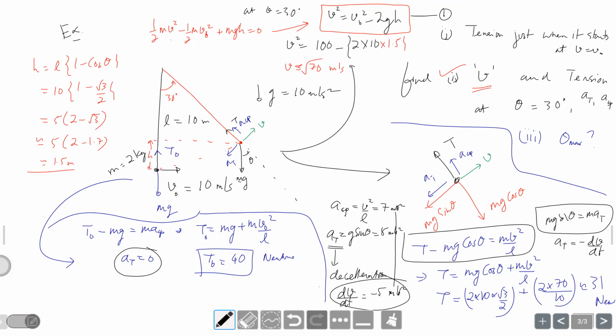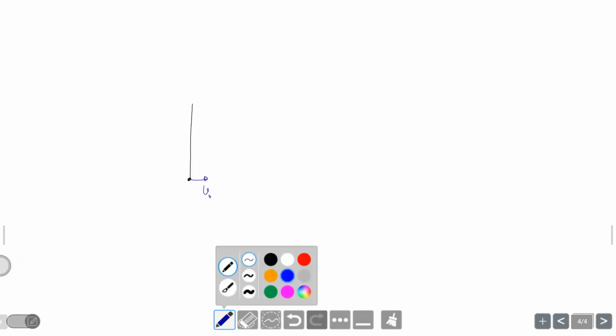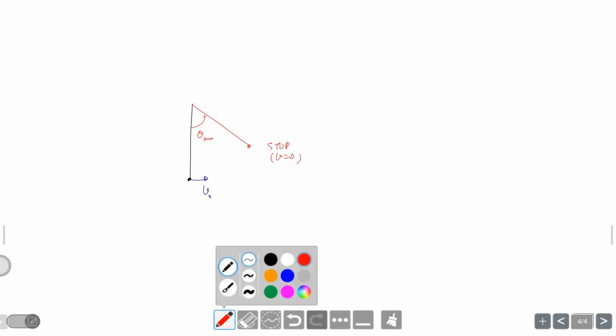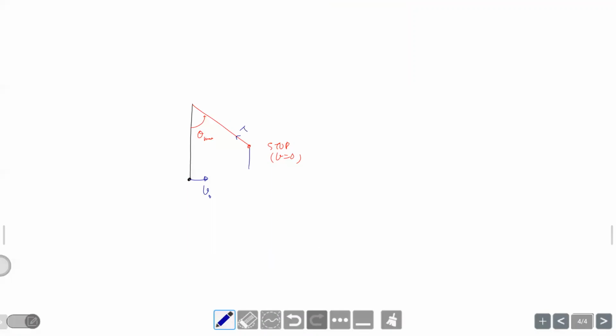Okay, so let's come to the next part then. So that 60 degrees in your formula, let's verify that. And what about the tension at that point? Now from this, I want to find out the condition for the particle to stop. So V becomes 0. This tension that I get will in fact be a minimum.